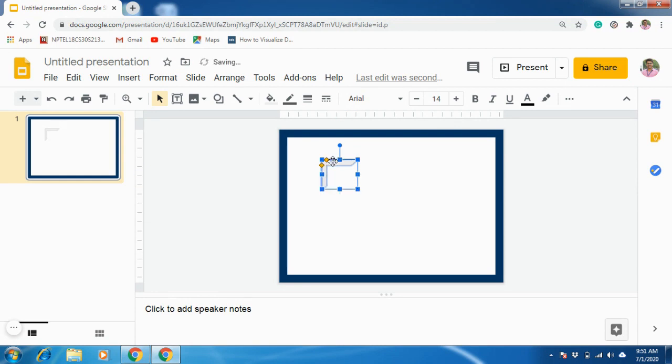Okay, so let me place it here. Now select it again and change the width equal to the width of the outer frame. So almost it is the same now.